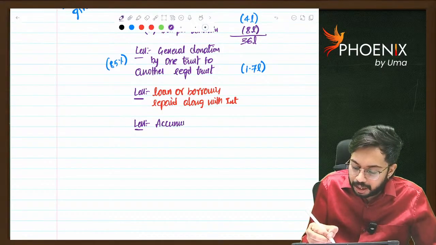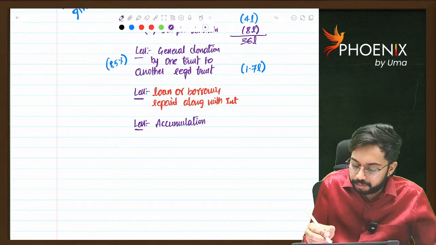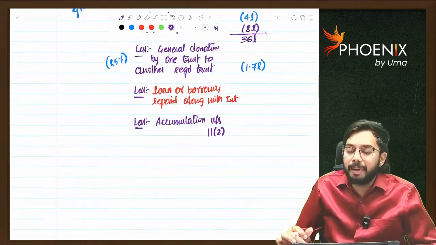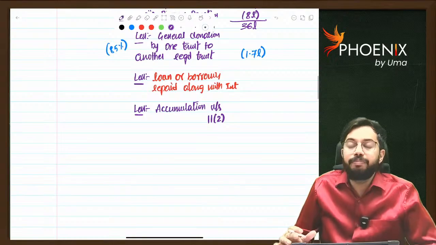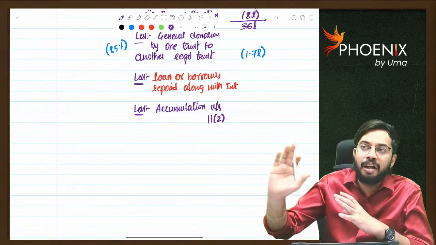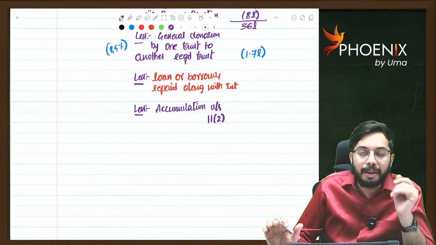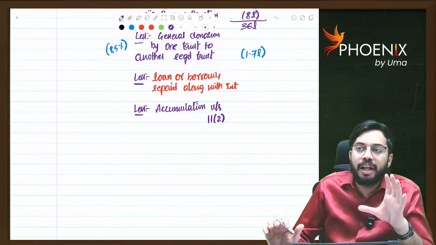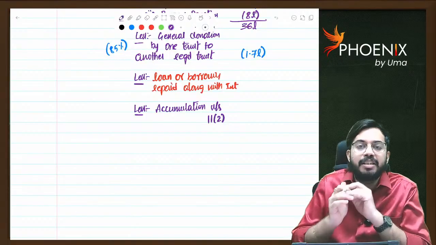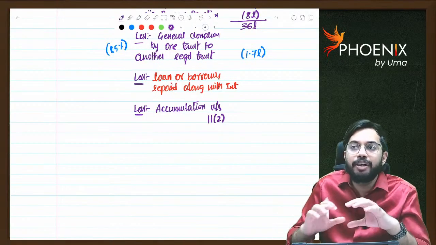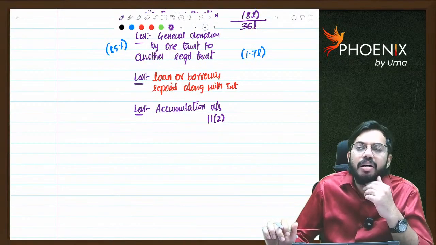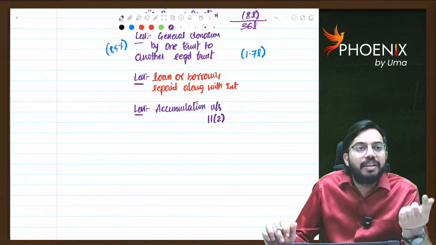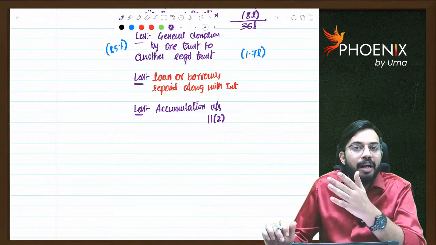Accumulation under section 11.2. Sir, what do you mean by accumulation under section 11.2? There is a temple under my trust. For that temple, I wanted to build another function hall. Already one function hall is there, that is congested. I wanted to build a second function hall with bigger area. See, I am getting donations. I am not denying it. With 1 year donations, can I build a function hall?